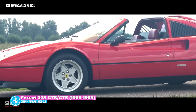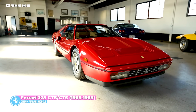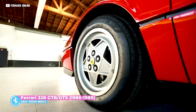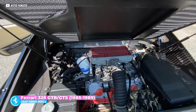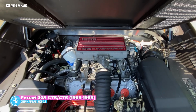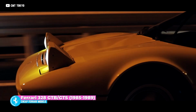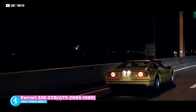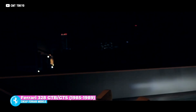The 328 GTB and GTS are the final evolution of the 308, which improved reliability, slightly more power, and some of the most timeless designs in Ferrari history. For around 70 to 80K, you're getting a 3.2-liter V8 with 270 horses capable of 0 to 60 in 5.5, and yeah, it's not the fastest Ferrari in the world, but it's light, it's nimble, and delivers an incredible driving experience, which is awesome. Plus, it's one of the most reliable Ferraris from the era, making it a safe bet